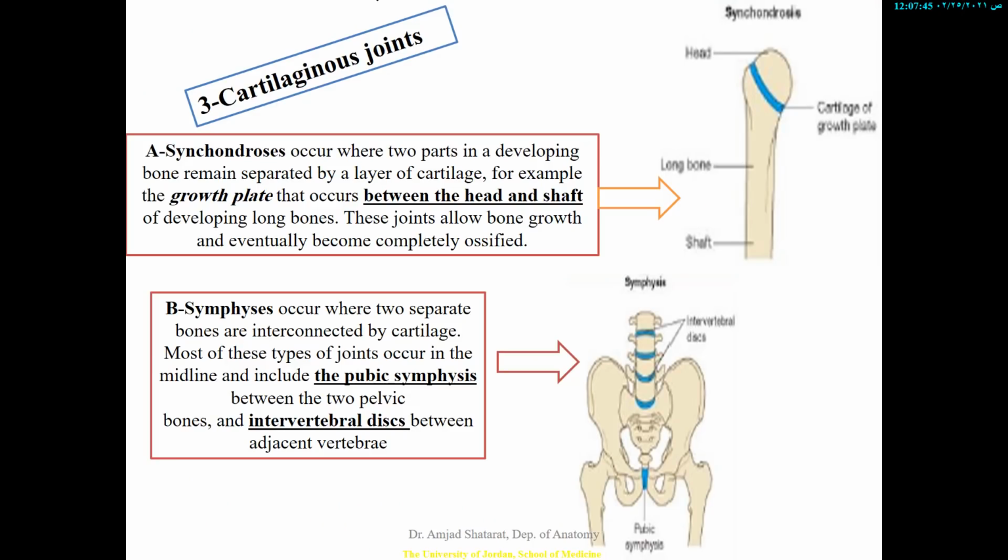If we look between the bones here, this is bone A and this is bone B, although it's the same bone, and we find between them cartilage. Then these joints are cartilaginous joints. Now, this example here, you just need to know that growing bones before